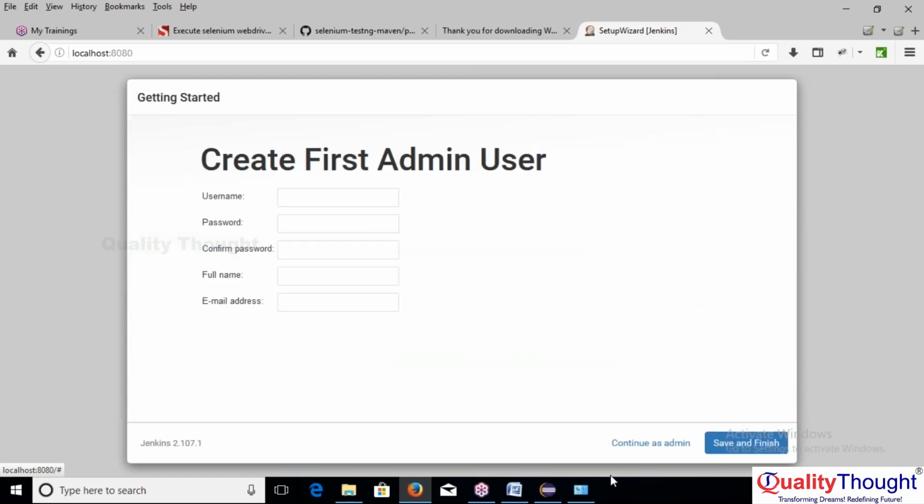So done. Here you can create a username and password. Admin will create the username and password, like your test lead or test manager will create the high-level username and password. For my reference, I am creating Qt Shiva. Some password I am creating here. I am generating the email ID. I am clicking on,